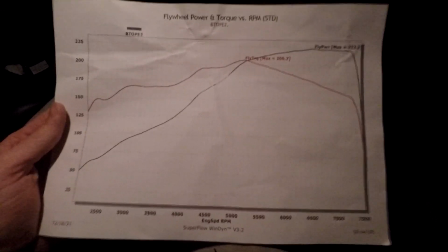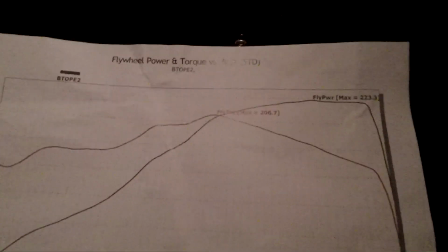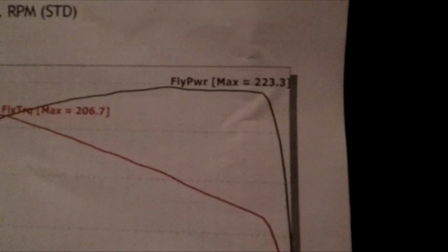So this is the most important one. Torque: the max torque was 206, which I thought was a little bit lower in comparison to some others, and there's quite a big drop off after 5,000 revs. This is the little sheet. I'm shaking quite a bit because it's cold out here. As you see, it all pretty much peaks, and torque-wise it peaks between 5 and 5.5. But yeah, the max torque is 206,